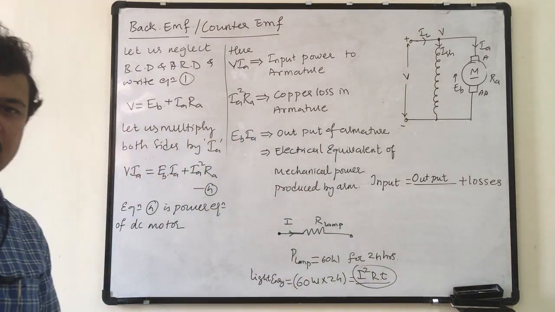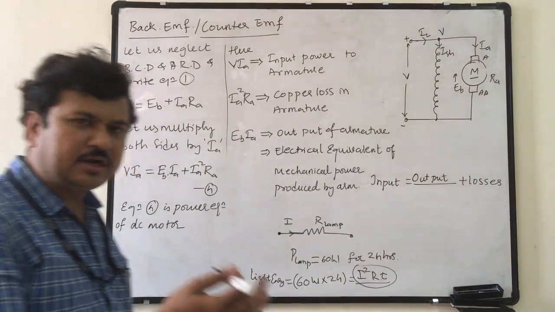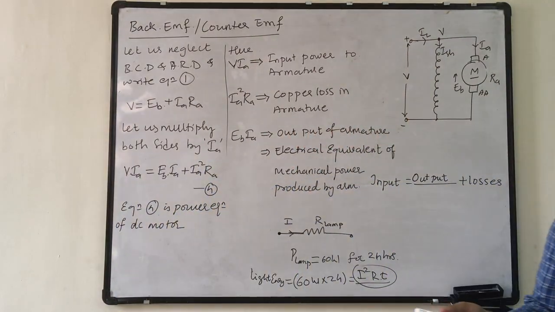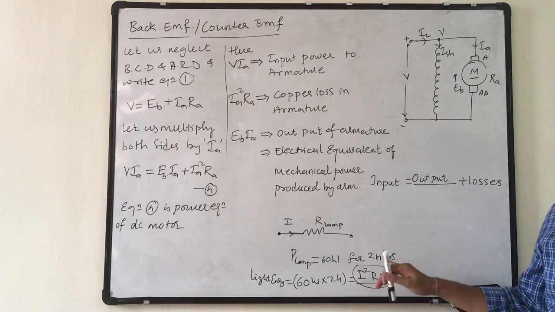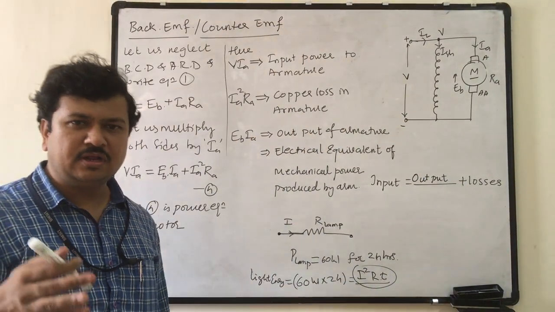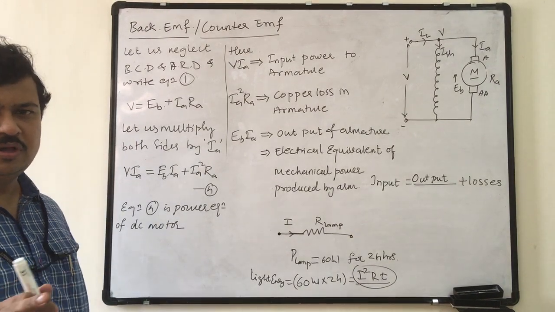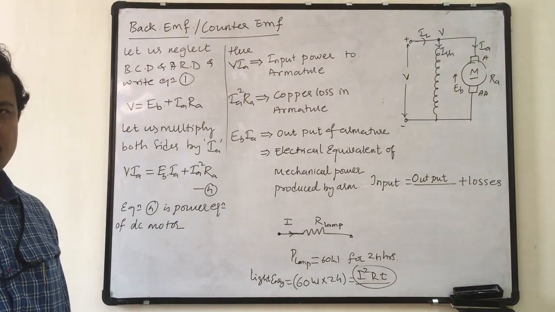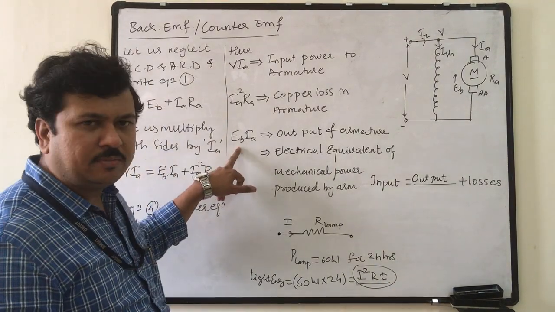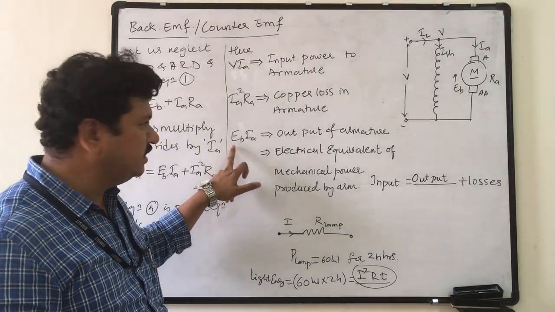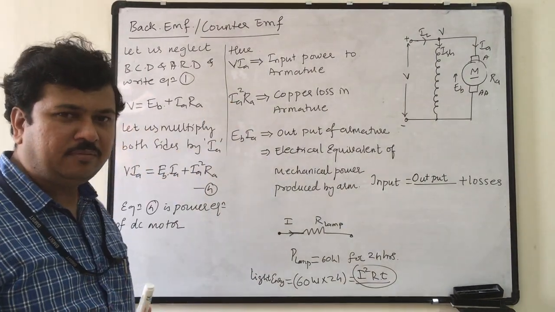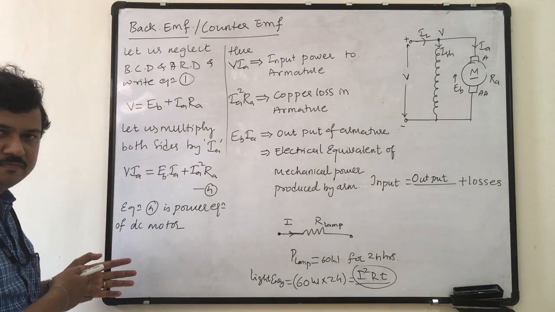Light energy is not an electrical quantity. Heat energy is not an electrical quantity. But how do I represent it electrically? I square R into T is the heat energy. Is it? Similarly, with EB into Ia, the rotation is not an electrical quantity. The power output of the motor, which is mechanical in the form of torque, is not an electrical quantity. But still I can represent that using electrical quantities, that is EB into Ia. On that basis, I take EB into Ia because it has come out in the power equation.